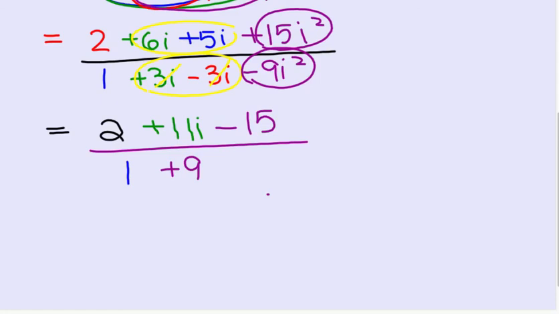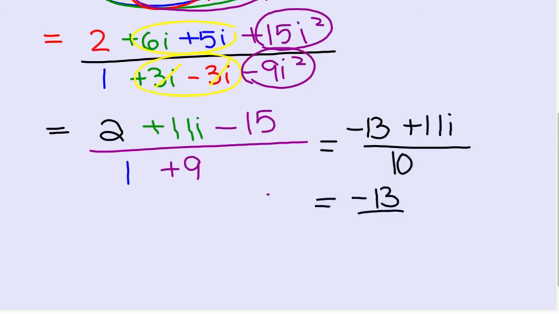Continue on. 2 minus 15 is negative 13 plus 11i. And then 1 plus 9 is 10. Now we just split up the fraction into negative 13 tenths plus 11i